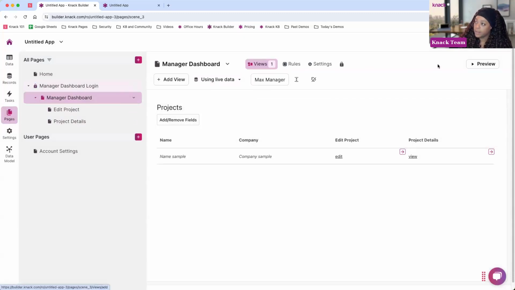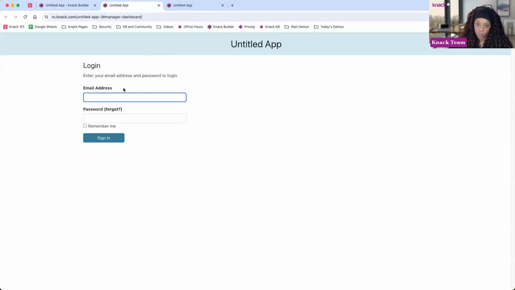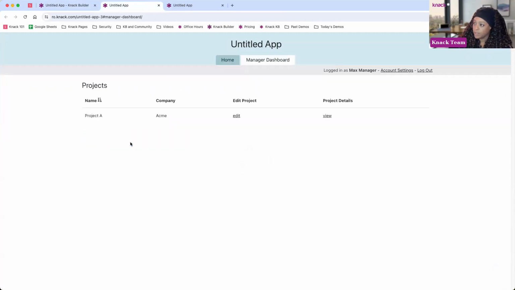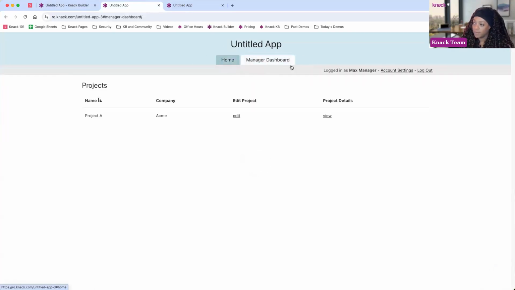So we can say, hey, let's test this out. We can click on go to our live app. We're hit with a login form. So I'm going to log in as a manager with those test credentials that I created, and then I'm going to hit submit. And now notice up top, I've got my home option here that's blank, and I've got my other navigation option